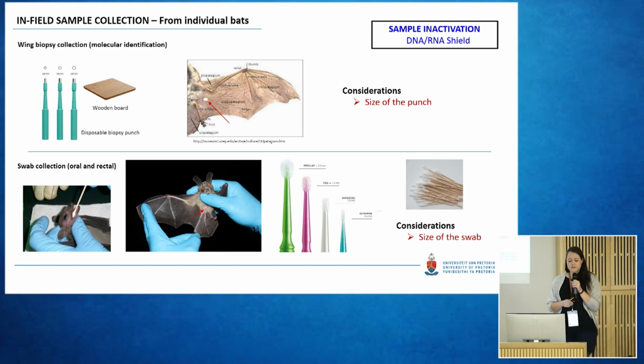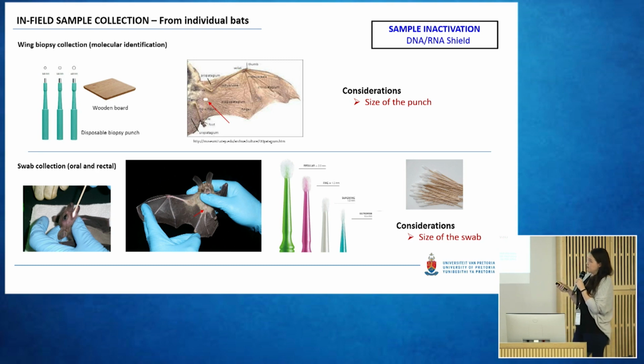So you do get different sizes of disposable biopsy punch, but you don't want to put a 5mm hole in a bat that's like 4 grams. So it's very important to look at the target species that you're working with and plan according to that what size biopsy punch you would need. So just in general, we would take the punch,